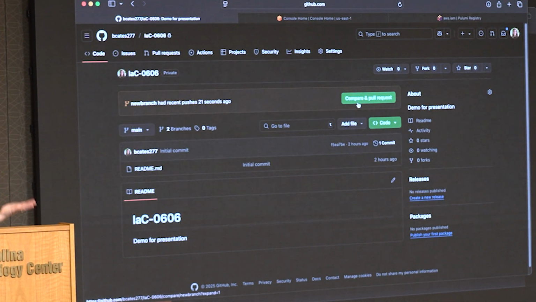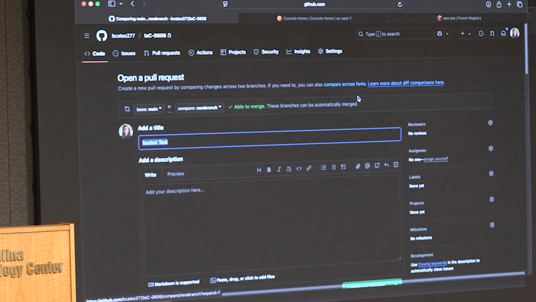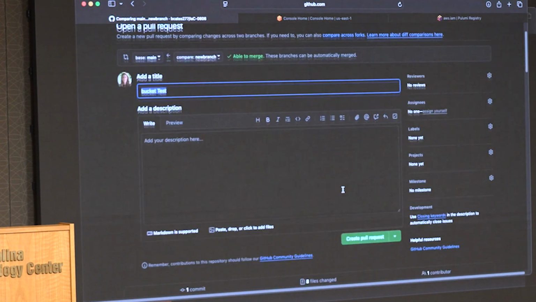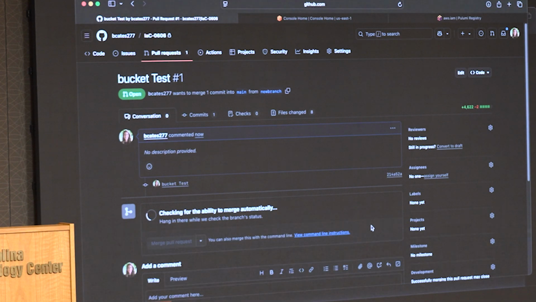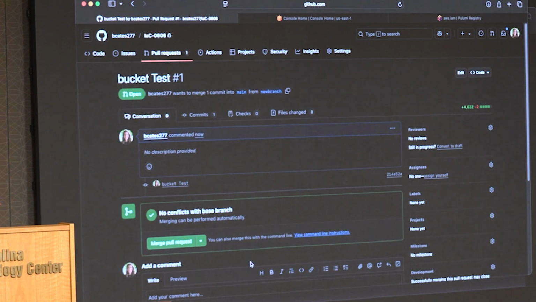So let's pretend like we're on a team and we are all working in the same AWS infrastructure. So I have just made changes to our infrastructure, right? And I'm going to create a pull request. Well, now I can ask you guys for a review, and you can actually go in and see what I'm building in our AWS account without me doing it on the console. Pretty cool, right? So you can go in and review that and see, okay, Betsy's making a new bucket.